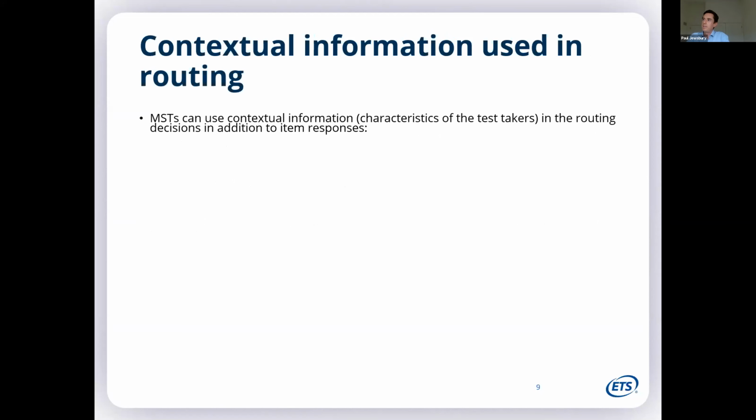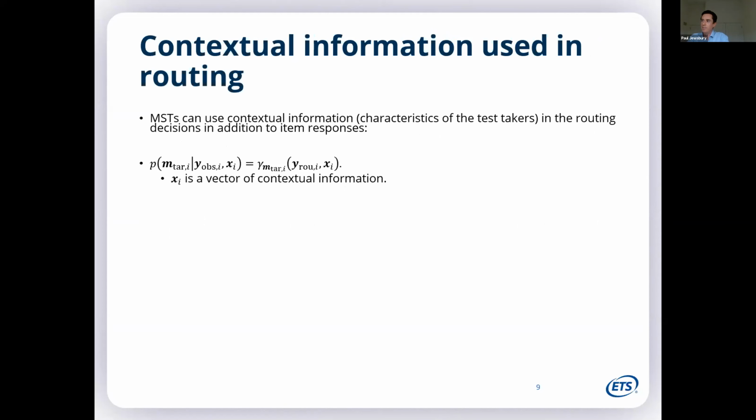The third type is contextual information used in routing. So these are MSTs that use contextual information, such as characteristics of the test takers, the routing decisions in addition to item responses. So we have the conditional probability of the missing data pattern on the second stage is a function of both the item responses on the first stage as well as xi, where xi is a vector or